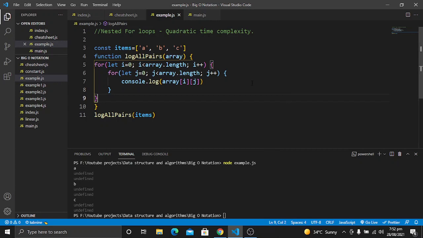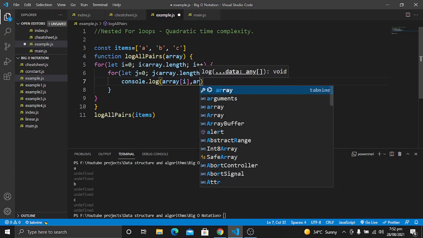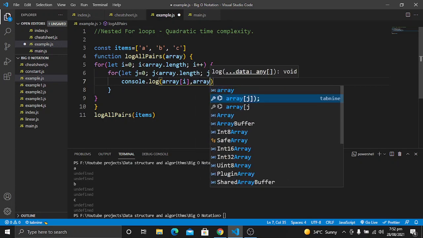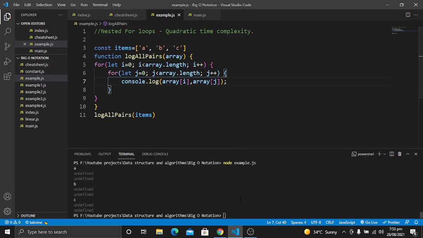We are running the code, we have an array, and we are passing it as an argument here. I think I have a mistake here. It should be array[i] and then array[j]. Let's save it and run the code again.